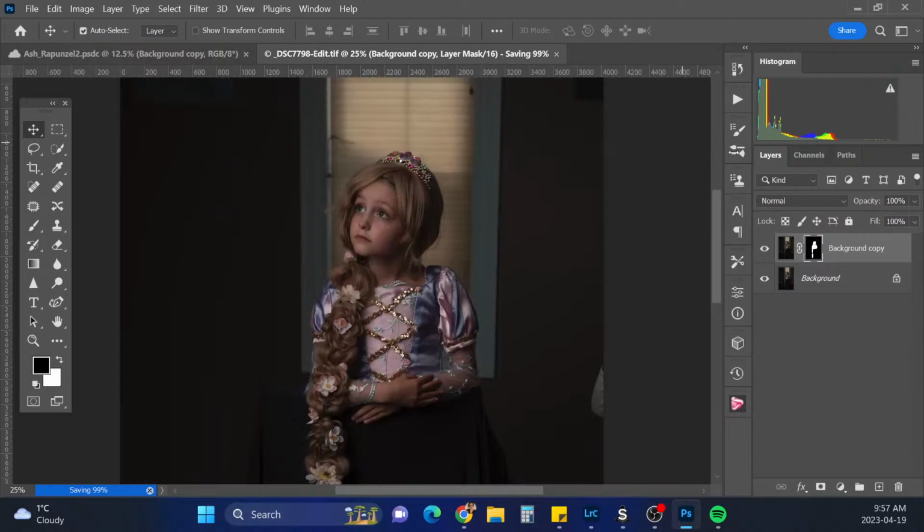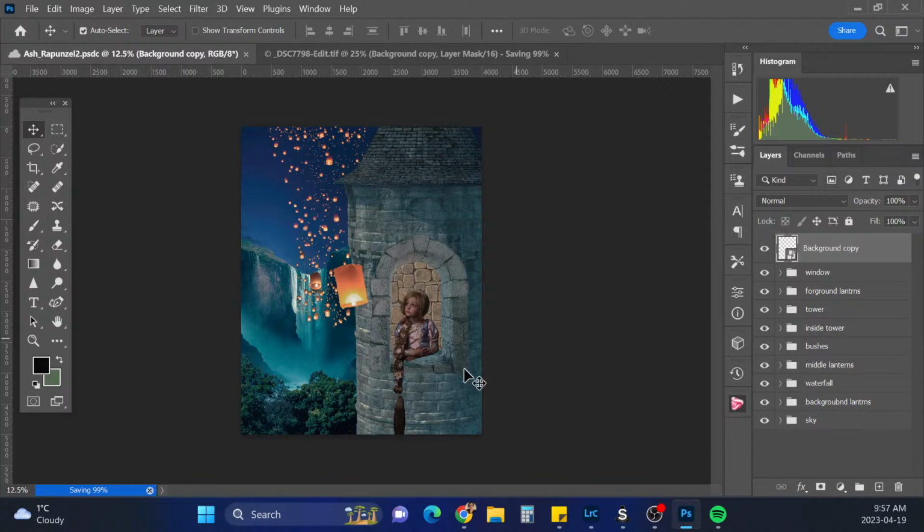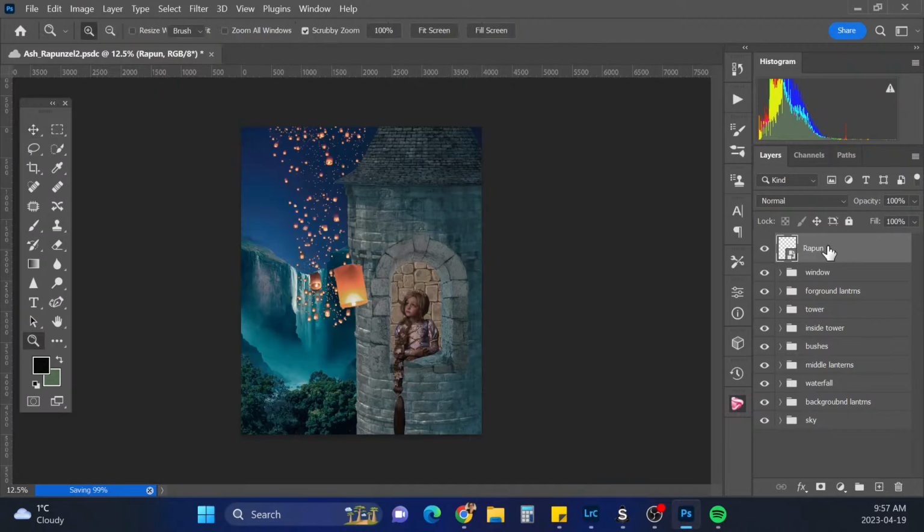All right. Once this is done saving, and it'll close. So I kind of want to add a little bit of movement to her hair, and I might have it kind of look like it's moving in the wind this direction, and then possibly come out at the bottom down here, but we'll see, because I want it to look like she's got really long hair. So this is Rapunzel. Oops. Rapunzel. There we go. Okay.